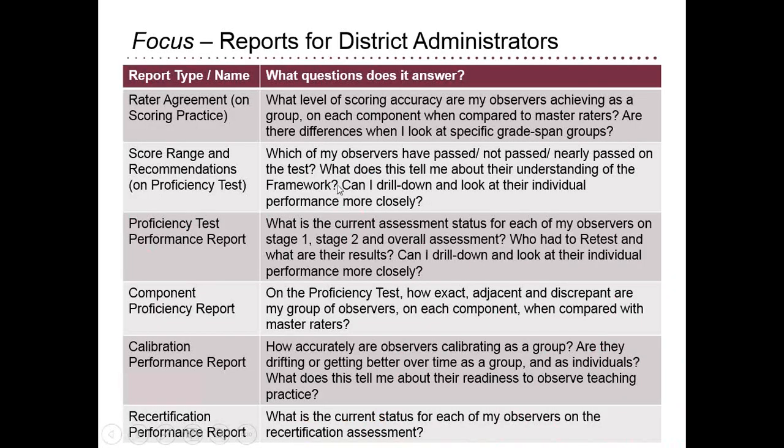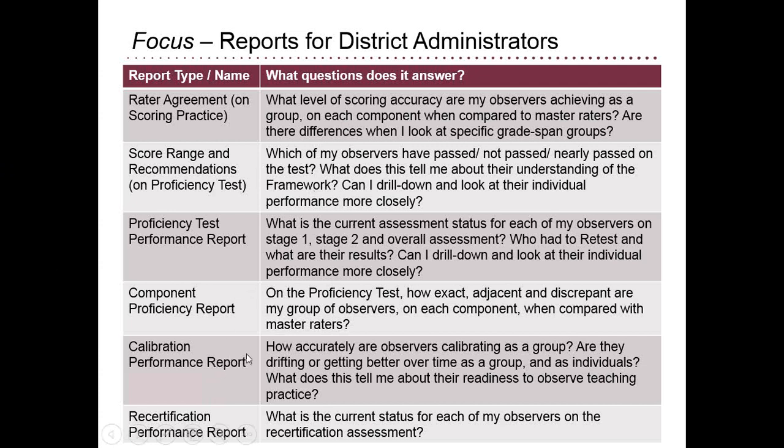Okay. So Focus, again, we're looking at what types of reports we have relative to observer training. What people are generally looking for in observer training is how close the observers are to what an expert rater would do. So there's something related to the initial testing part. And then you can look at whether there are particular components where there's a big range of variability. So maybe everybody's really good on certain sections of the classroom environment, but they vary a lot relative to instruction. So you can look at it that way. And that's the initial certification process for observers. And there's a fair number of reports built around that, and we can look at those.